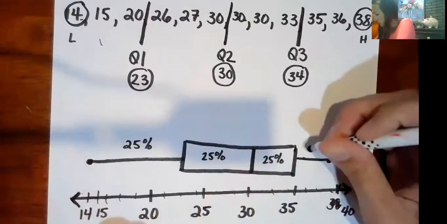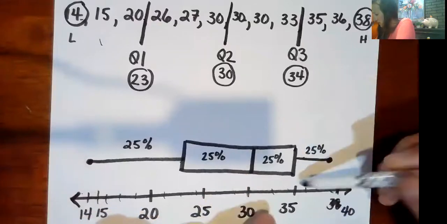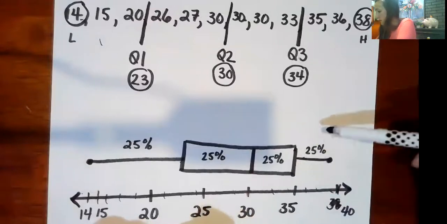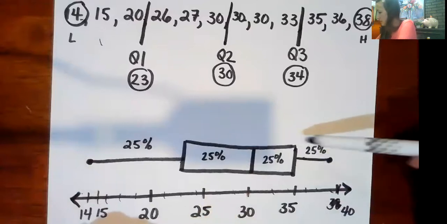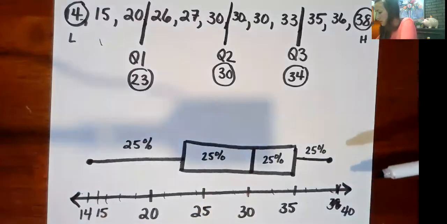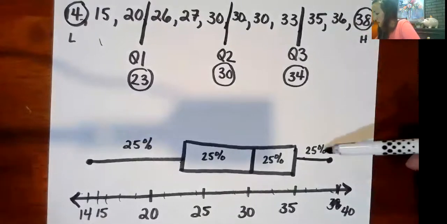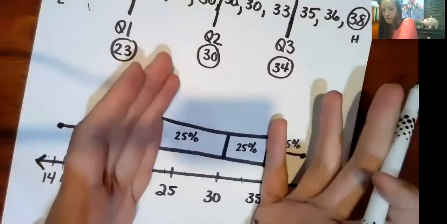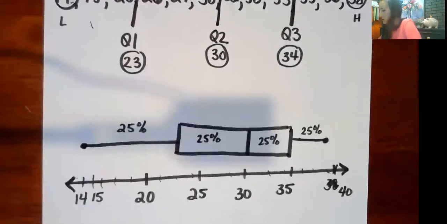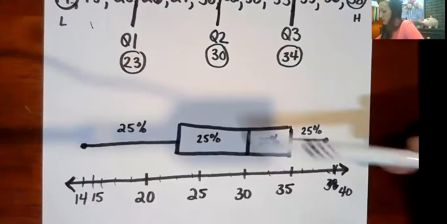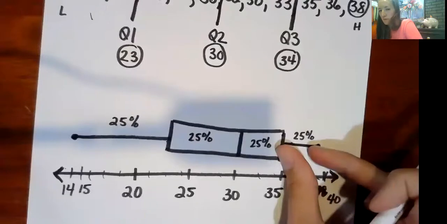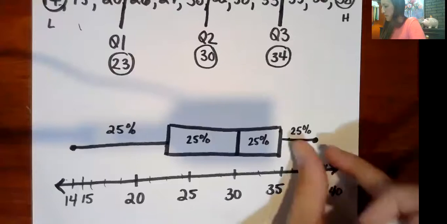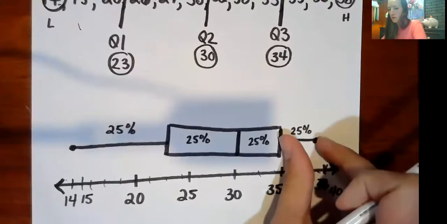And then the last group would be from 34 to 38. So 25% of the monkeys, the oldest 25% of the monkeys, would be between 34 and 38 years old. So what this lets you do is see, okay, where's the top 25% of the data? Where's the bottom 25% of the data? Where's that middle 50% like we talked about with IQR on Tuesday? So you can imagine if this was a test that we took, where was the top 25% of scores? Or, in terms of free throws in the NBA, the top 25% of scores would be between how many points